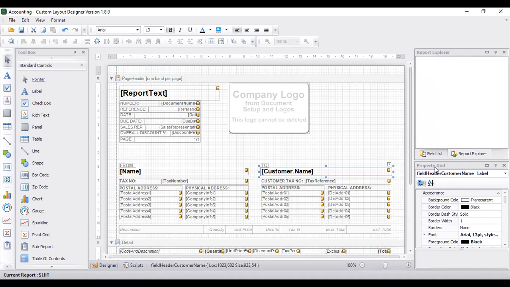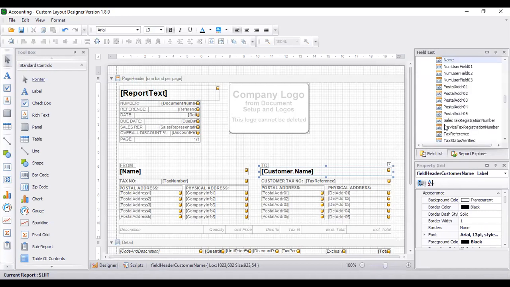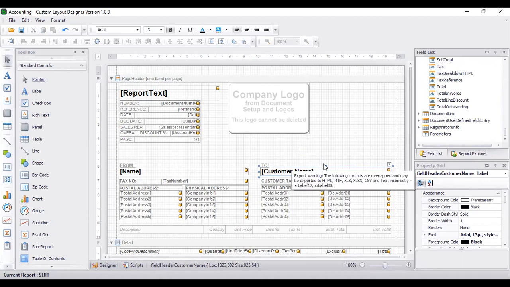okay, two sections are there. First, field list. If you click this field list, the available fields or available tables will display here. Then the attributes of those fields will be displayed here. You can change your layout appearance by changing these attributes. Now for an example, if you want to change this customer name font size or font style from here,